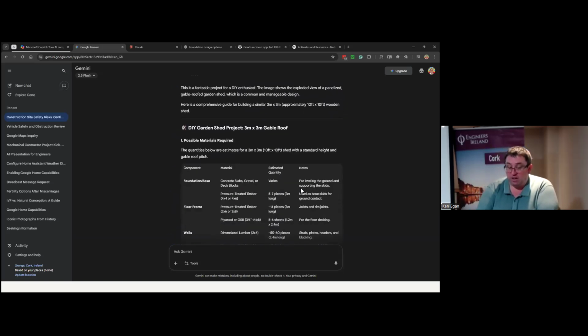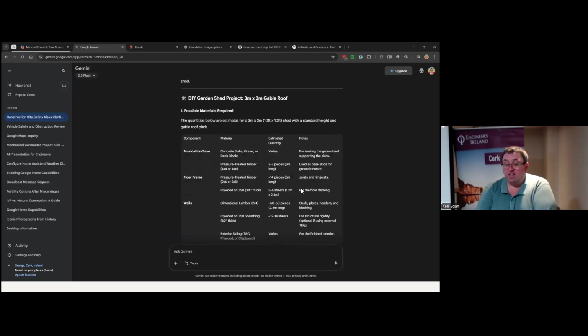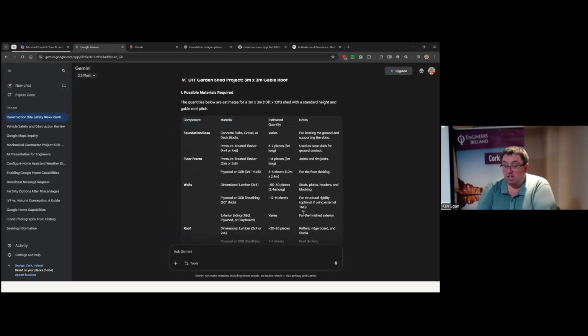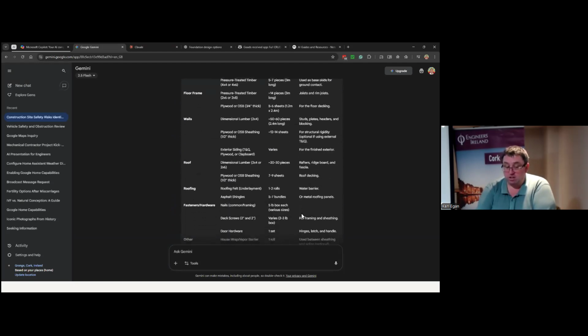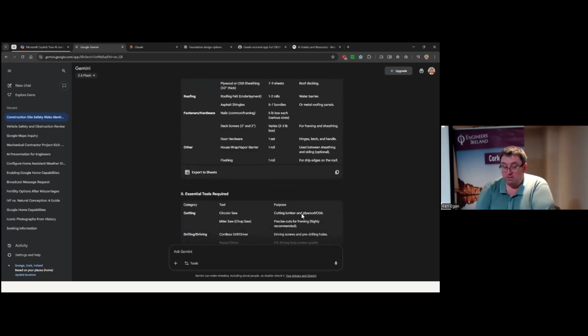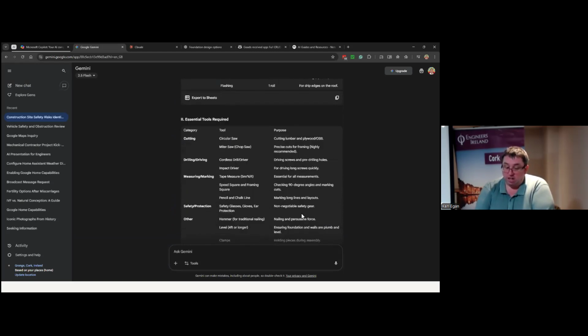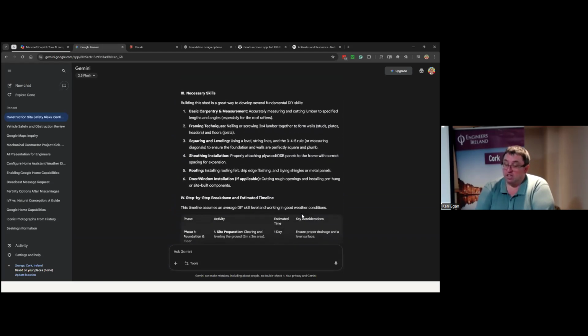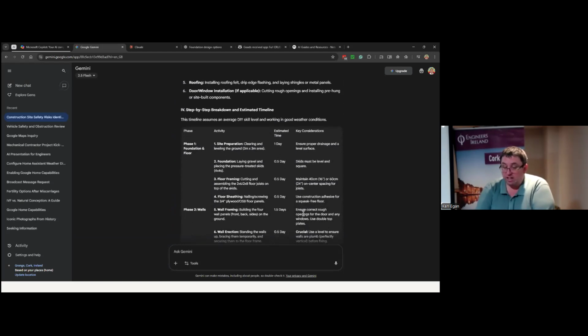And it's gone away and created this little thing here where it gives you a table of all the parts, which is handy, gives you the quantities and all that sort of stuff that you may need for it, which you can export out, tells you the essential tools required, and the necessary skills that person will need for that. And then it has a breakdown of a timeline of how long it'll actually take to do it. I know it's AI, but it's something else.